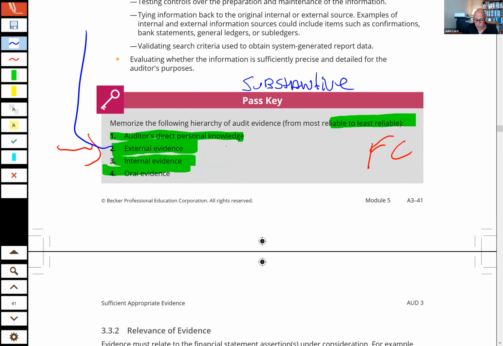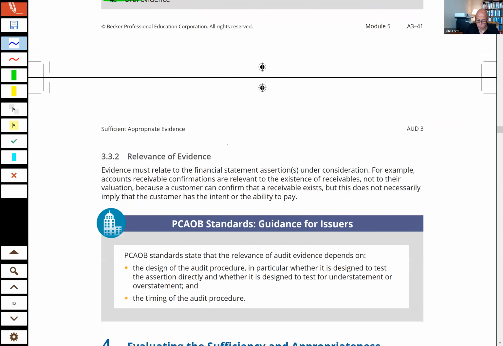Question? All right, good. Now we come over and we talk about the relevance of evidence. And again, the book is doing a good job of reminding us here. The relevance of evidence relates to the assertion. This is an excellent example. In fact, it's such an excellent example, I'm going to have you flashcard the specific example here, which is when we're dealing with confirmation of accounts receivable,